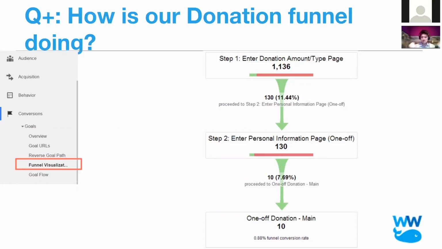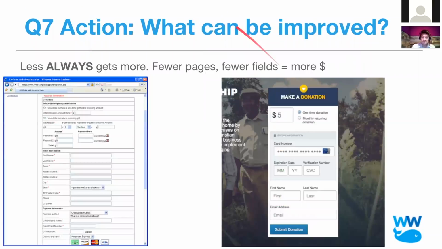You could turn around and say, oh, we just need to drive more people to our donation page. Look, we're falling behind on this and this. And you don't look at the donation page because you think people aren't that lazy. They care about us when they get to the donation page. They're definitely going to do it. You're going to find out that if you hand somebody a form that looks like this and say, don't worry, you care about us, you're not going to donate.